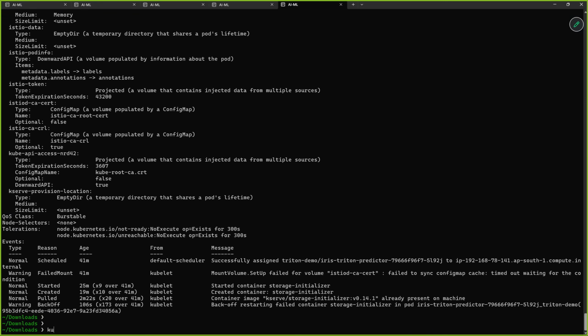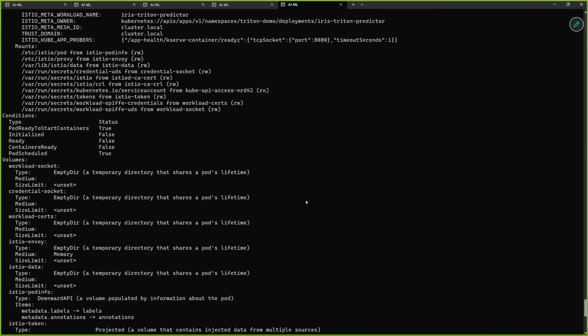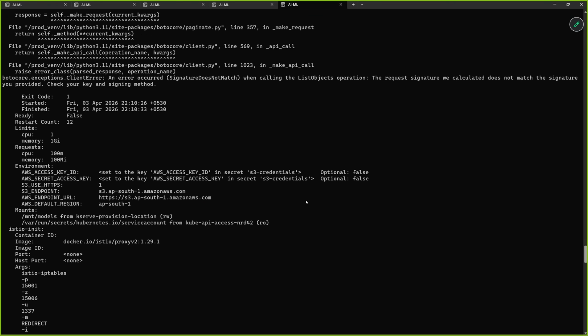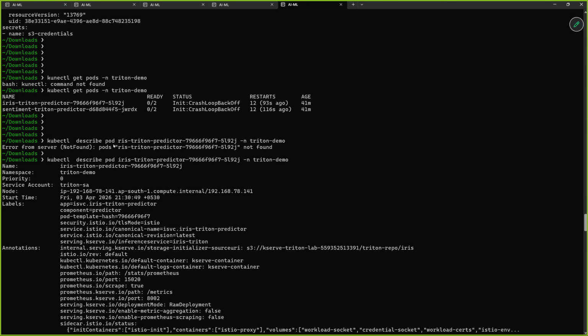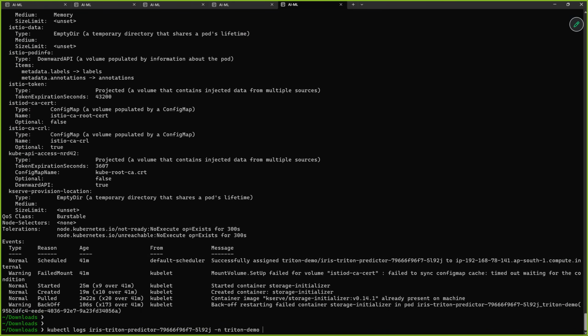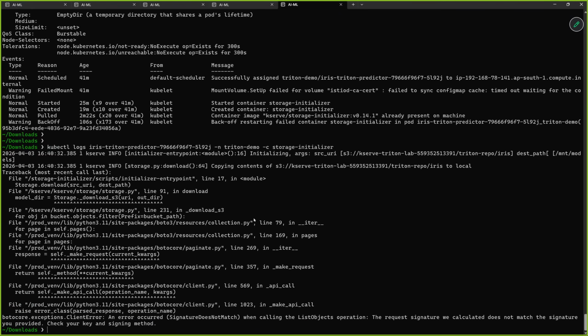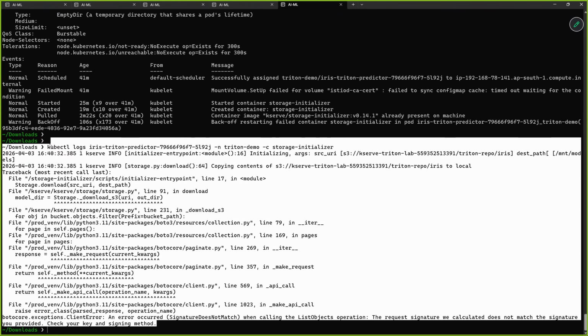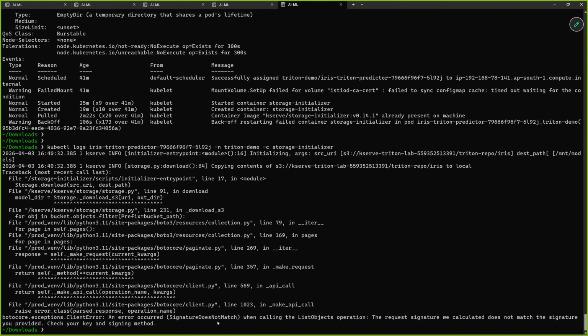It's getting backoff. kubectl logs pod name -c container, init container. Control C, copy this because something is happening, an error with the signature match. List object. So let me